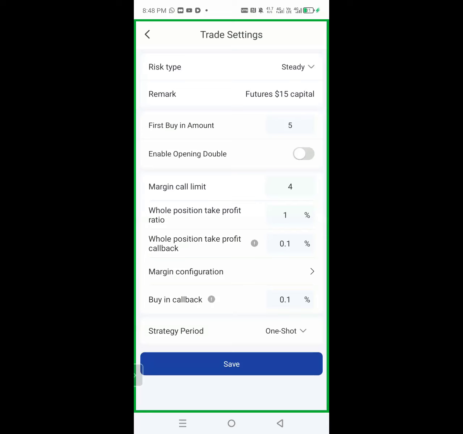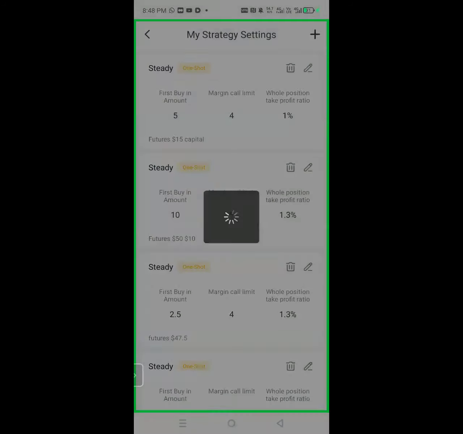$15 will not kill you. You can practice with it, as long as your leverage is 5. So I'm going to save this now. Then I will look at